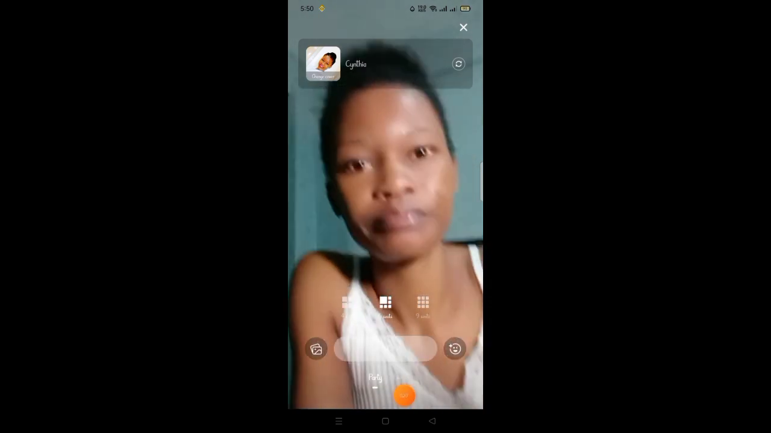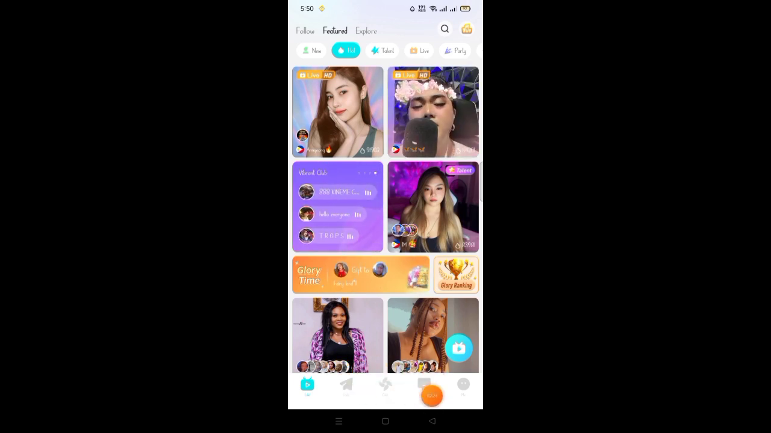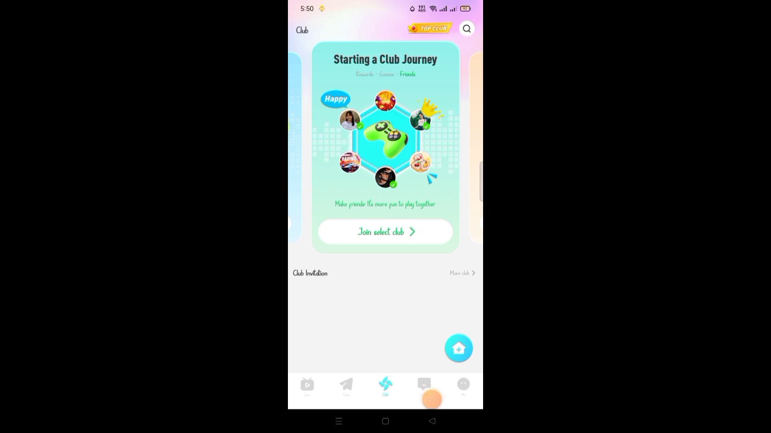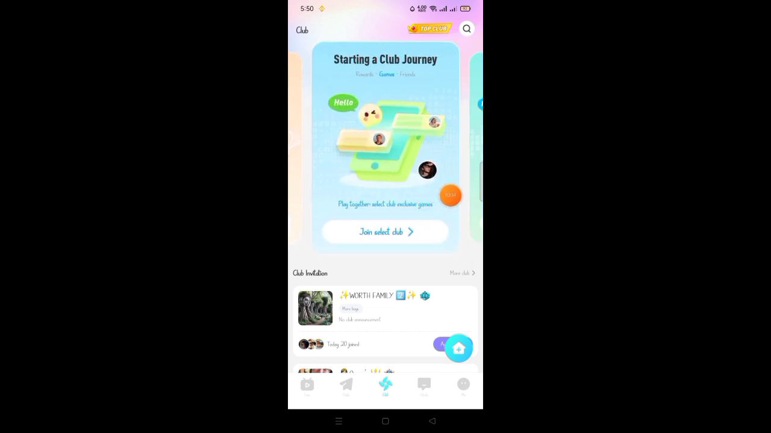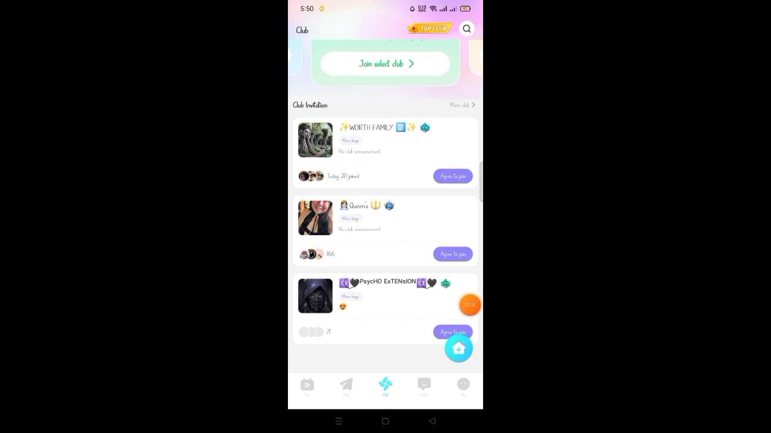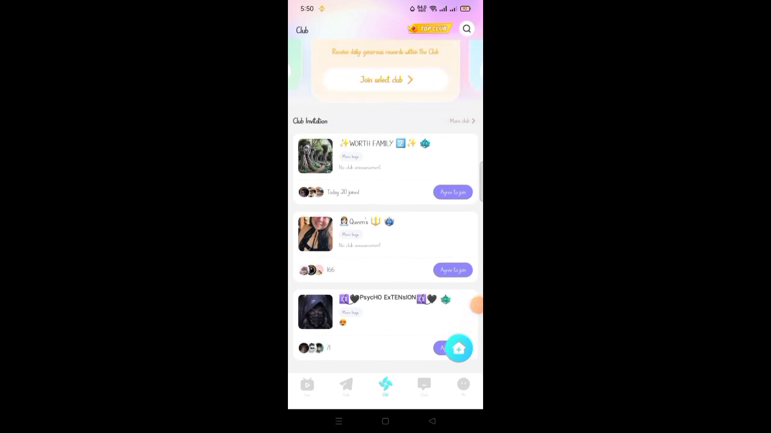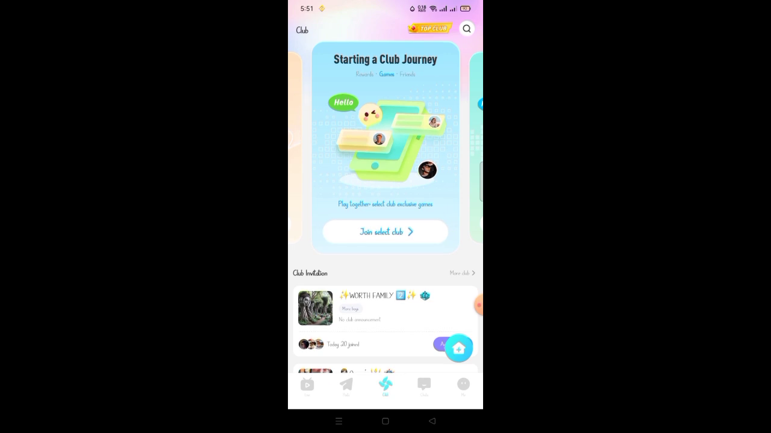So apart from that, we have clubs. You can join different clubs, like clubs meaning groups. You can see different people from different places. You can see everything you need to know on my screen. So we have different clubs. You can join the one you think is good for you or the one you want, or you can also